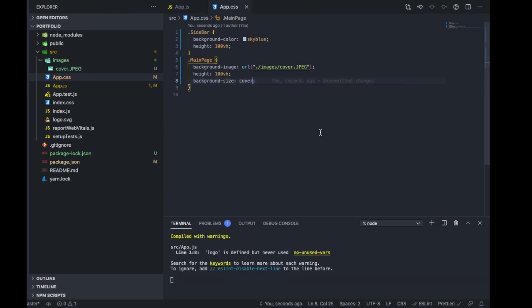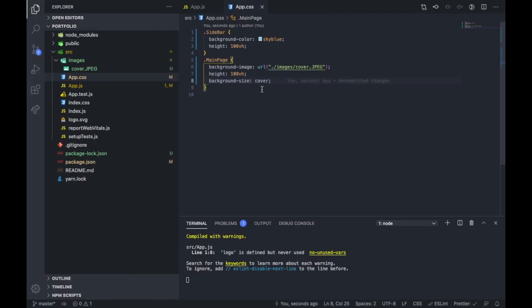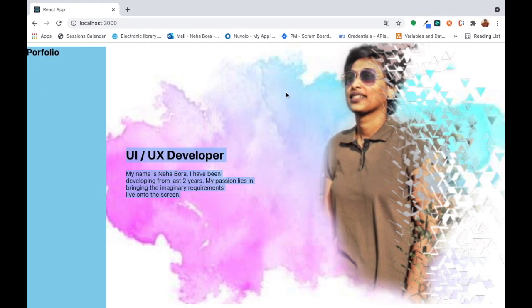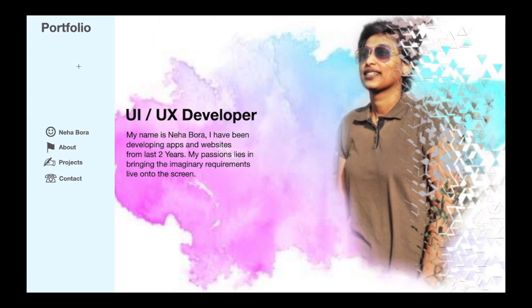Let's add other stylings to the page, and I'm fast forwarding a little bit. You can adjust your playback speed to whatever you want to. And here is the result you can see. So one side is done. Let's move forward and do the styling for the second side.